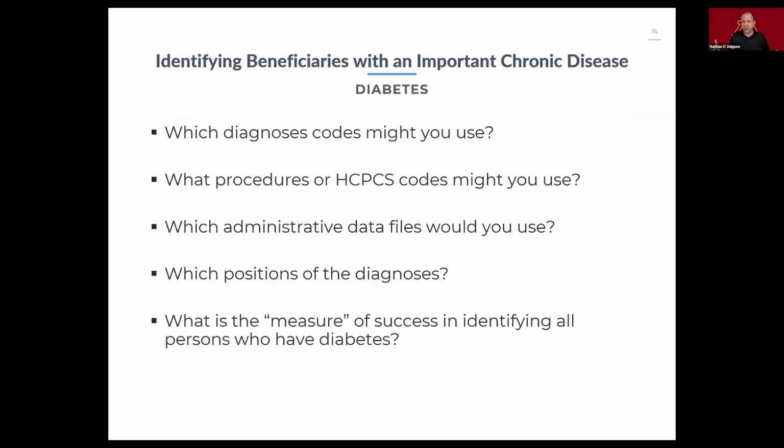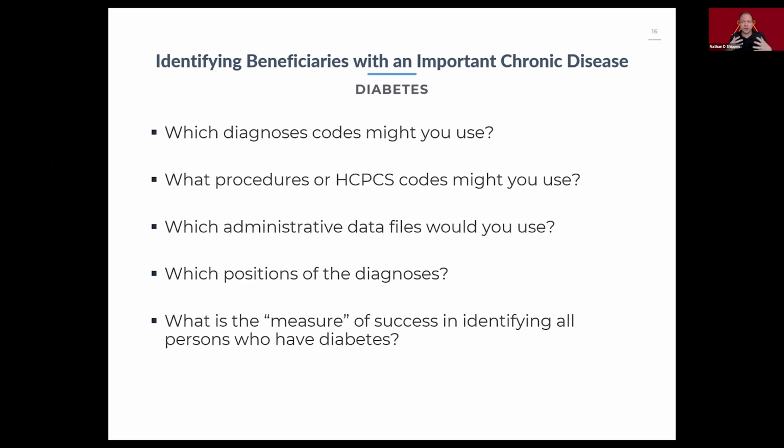All right, so more generally then, we've talked about how we might use comorbidity, but if we think more broadly, maybe we need to define a population based on a chronic disease, or some other reason for identifying chronic conditions. We're using chronic conditions here because these are conditions that people have for a long time, usually require treatment over a long period, and therefore they're likely to show up with some regularity in the claims data. That may or may not be true.